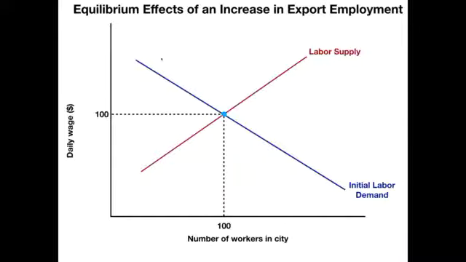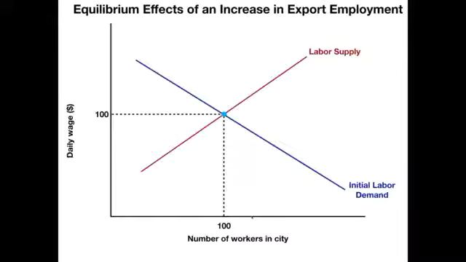So here we have a labor market in this particular city. We have the standard upward sloping labor supply curve and the standard downward sloping labor demand curve. So where these two intersect gives us the equilibrium wage rate and the equilibrium employment level in this particular city. In this particular city, the daily wage is equal to $100 a day and 100 employees are working in